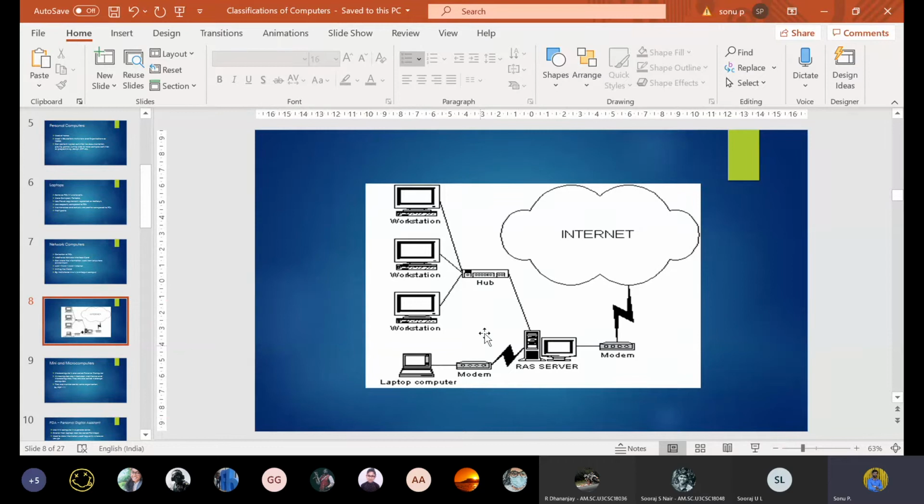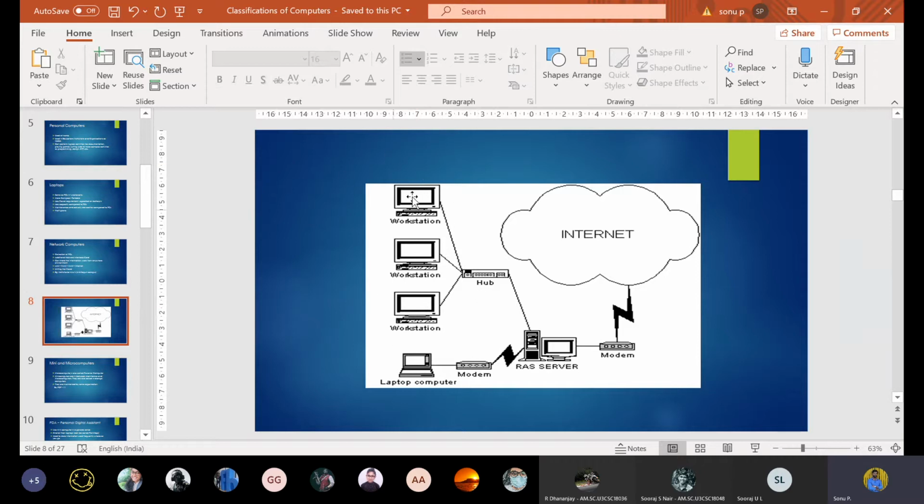We will be having modems, hubs, a server, then the internet. We can relate it to our Amrita campus. There is a lab. For example, here there are 3 workstations, and each of them is connected to a hub or a switch. By this we can conclude that this is a single network.